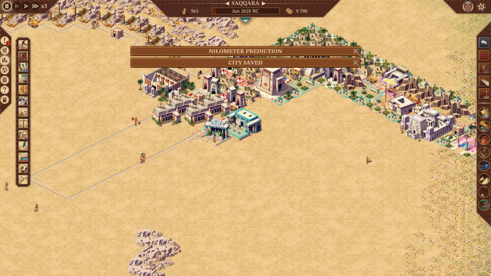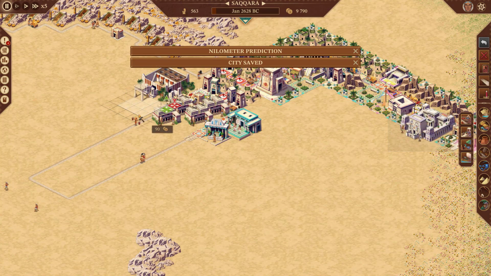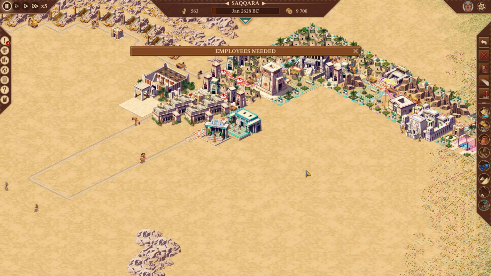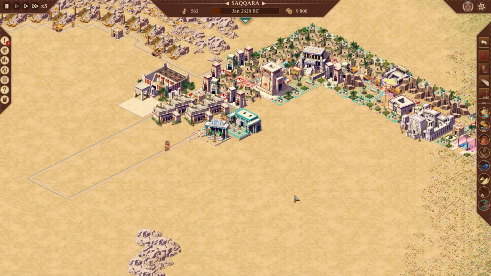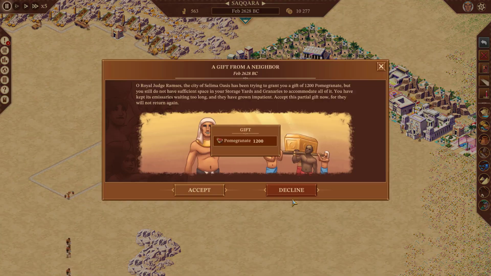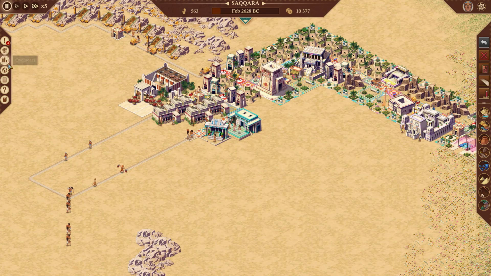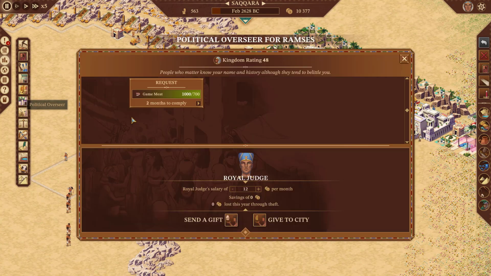And we're getting a message to accept some pomegranate from a neighbor, and we want to take that because actually, if we didn't take it, we would insult them. So we want to take it for sure. And the gods are starting to bless us because we've used a lot of shrines. I'm a very shrine heavy builder because it's just such an easy way to get your god blessings consistent and often without having to worry about